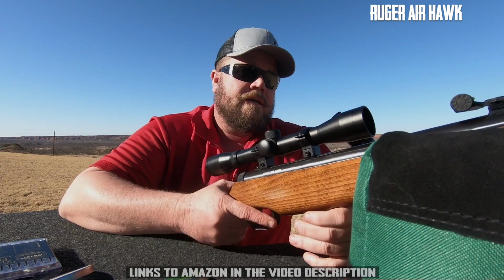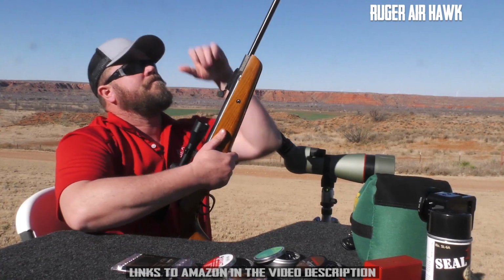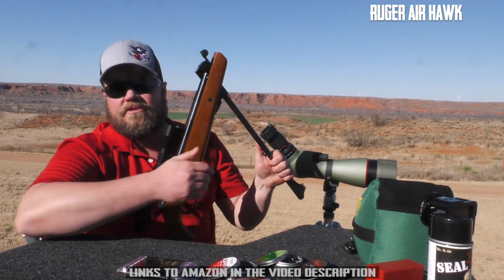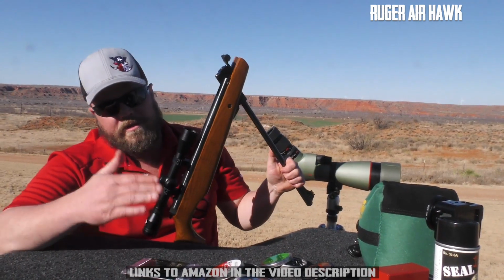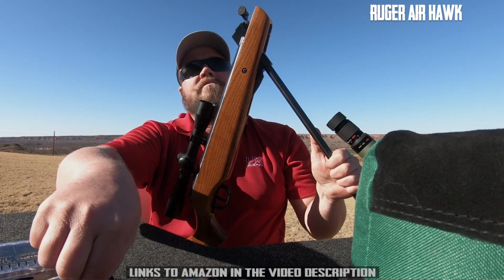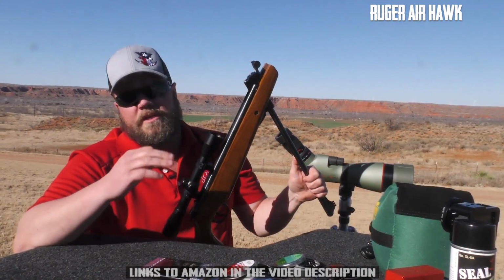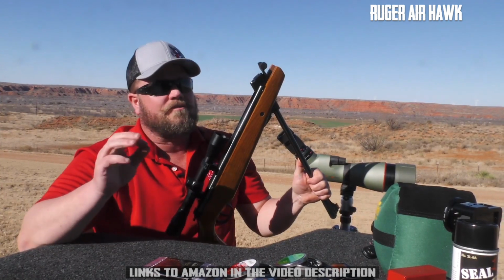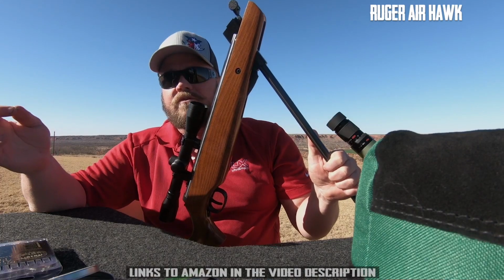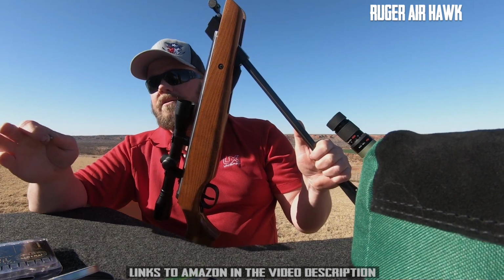It works great. One of the first things you'll notice when you cock it, up here you break the barrel over, I can feel the tension in it. So I know right away that we're probably 1,000 plus based on the feel. In my opinion, I like to use heavier pellets. So if you're at 1,200 feet per second with an alloy pellet, what that's going to do for you is when you start shooting, 10 grain pellets, if you push it up even further and go with 11 grain or whatever it is, 10 grain is probably on the top end when you're looking at